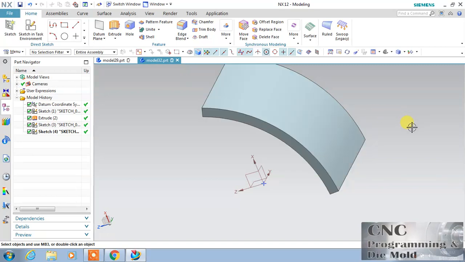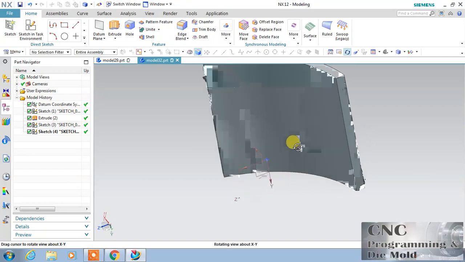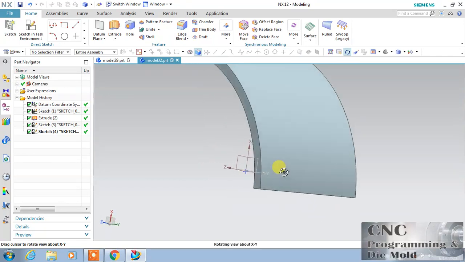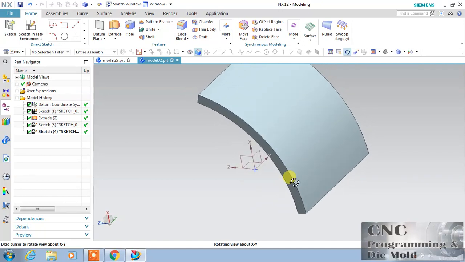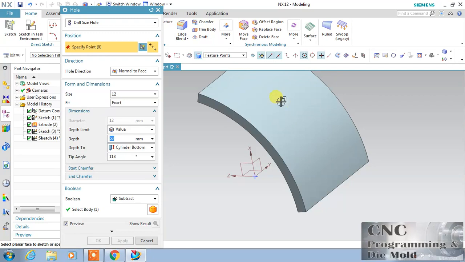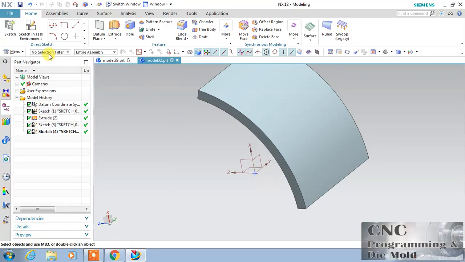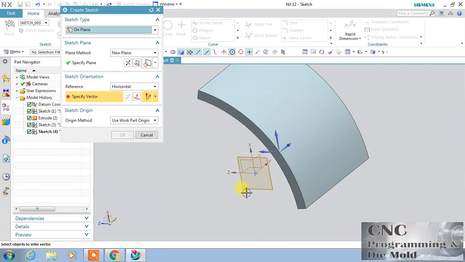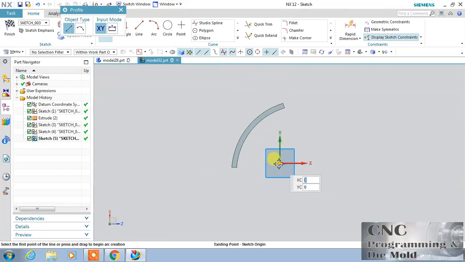And in this model I want to create a hole on this face, and first rotate this. This is my cylindrical surface and I want a hole on this cylindrical surface. If you click this hole command and try to position a point, it is not possible here, because you can create a point only on a planar surface. So first I will select a plane, and now I will define the direction. This is my direction,